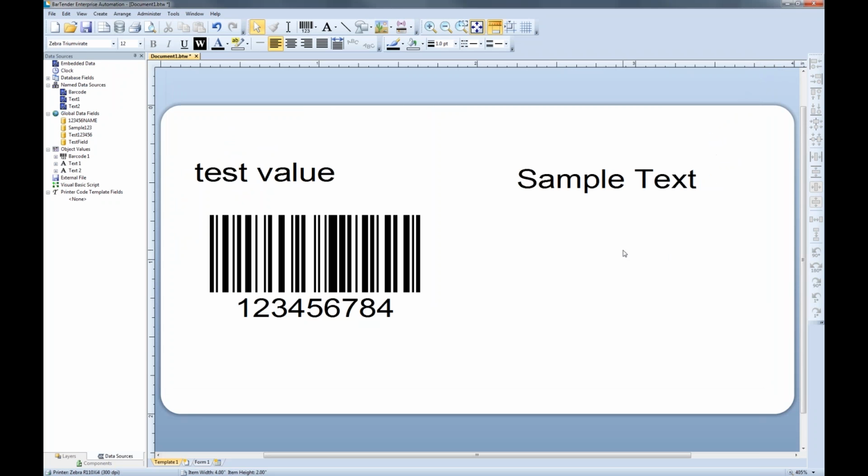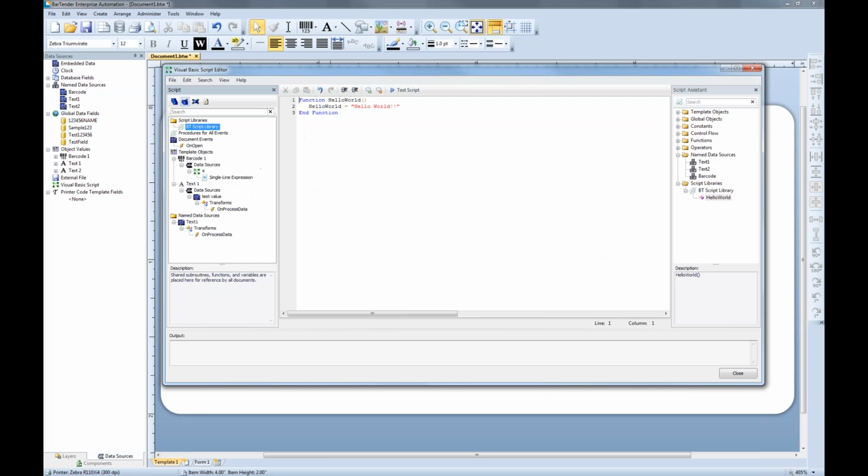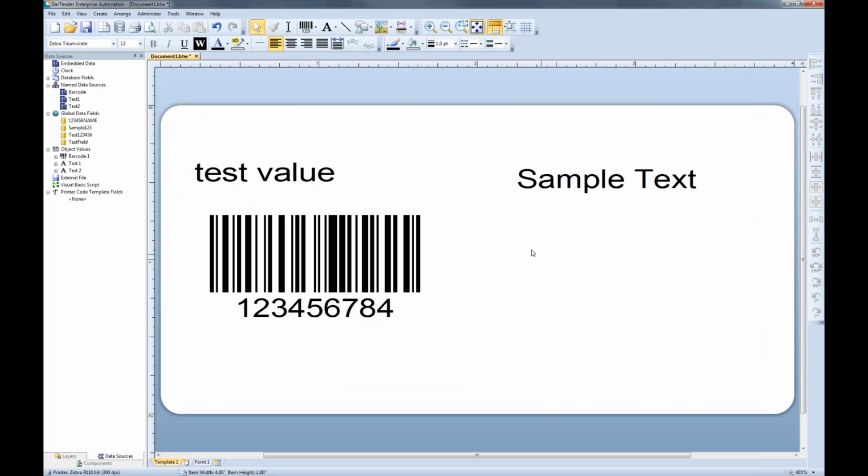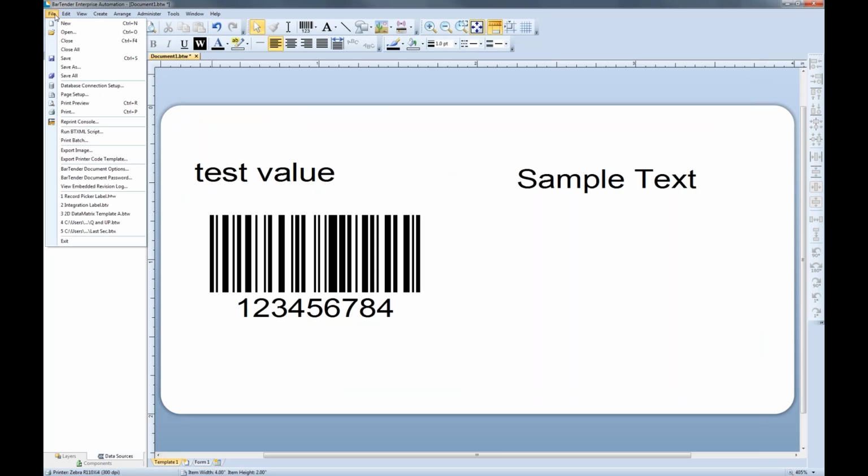So let's go ahead and close that out. Now, the only thing that you cannot write a VB script for via the edit and the scripts option is for print code modifiers. So if you need to manipulate your print code and write a script for it, you would have to go